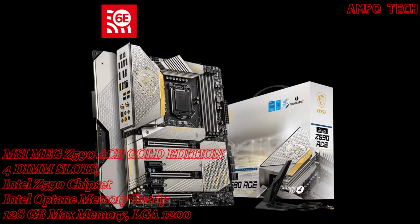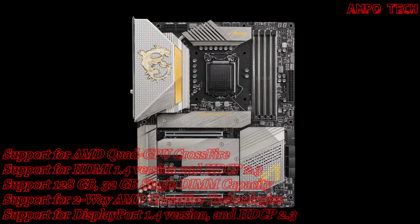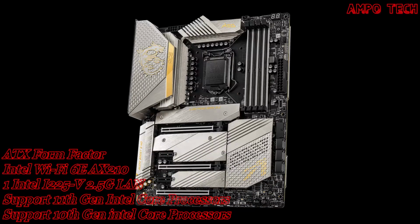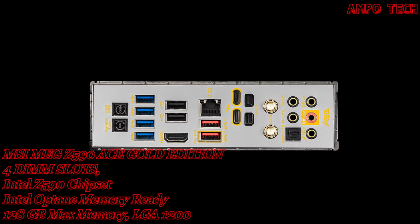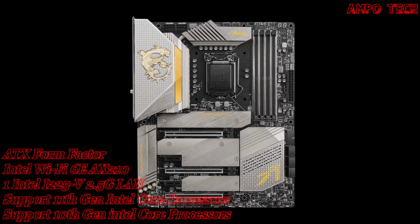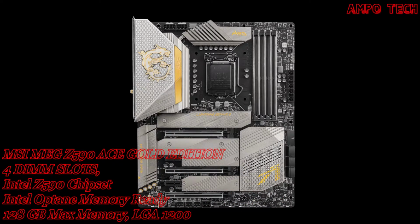Introducing the MSI MEG Z590 Ace Gold Edition motherboard, which is tailored for hardcore gamers and enthusiast users. The motherboard has a mighty power solution and perfect thermal design with 24K gold and pure luster. It supports up to Intel Core i9 with LGA 1200, and